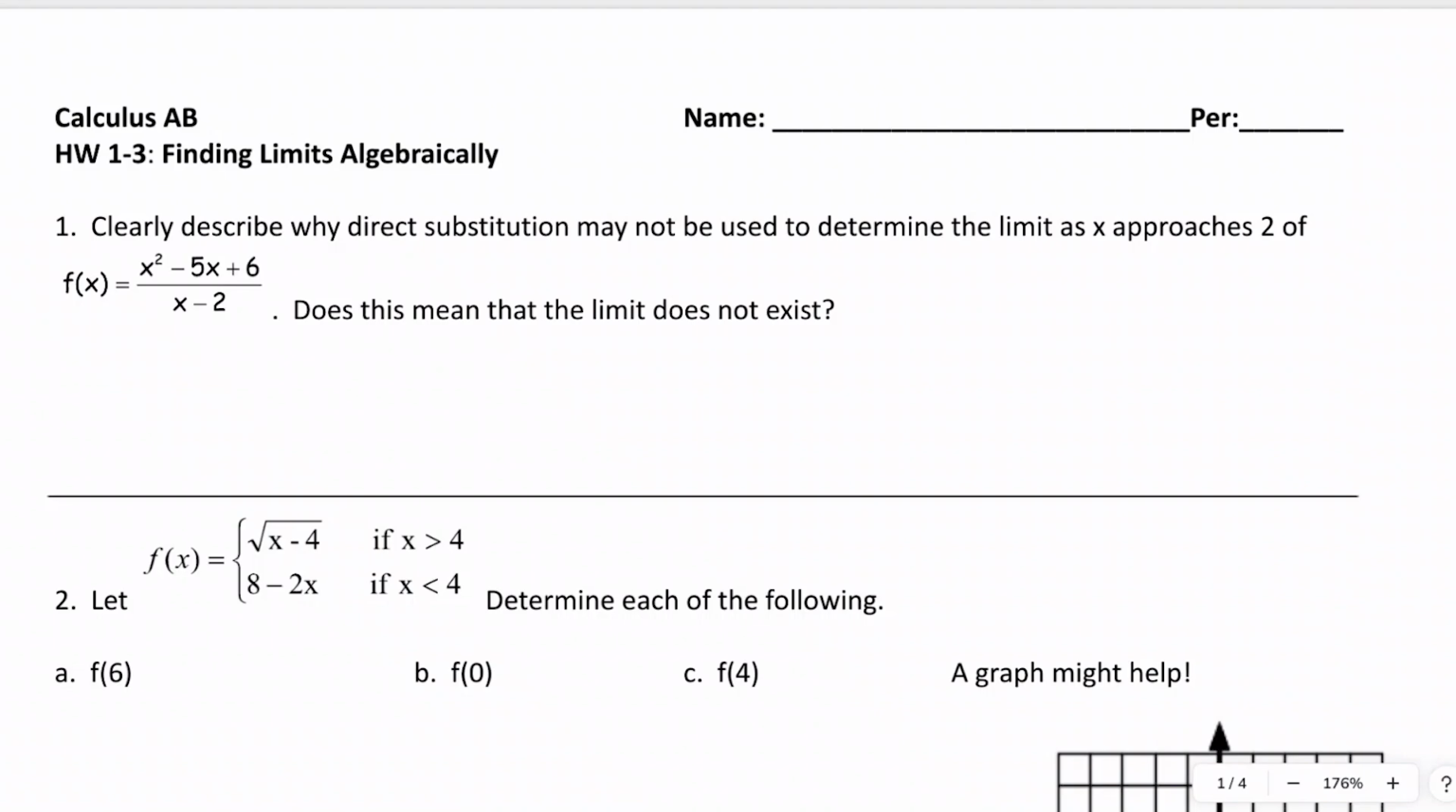direction to take. So number one, it says clearly describe why direct substitution may not be used to determine the limit as x approaches 2. So we can see that if we were to plug in 2 or substitute 2, if we were to try to find f of 2 here by just simply substituting it in,